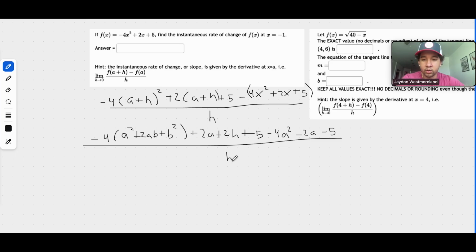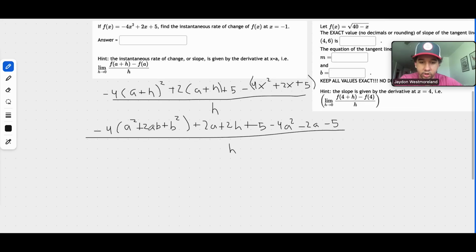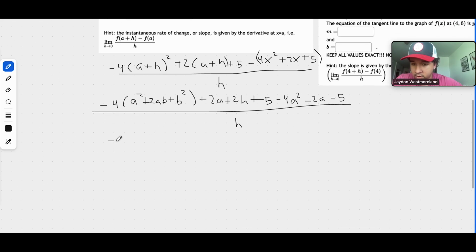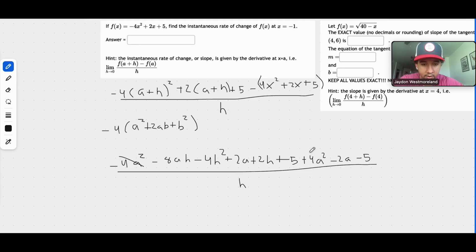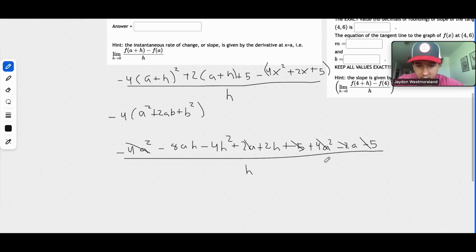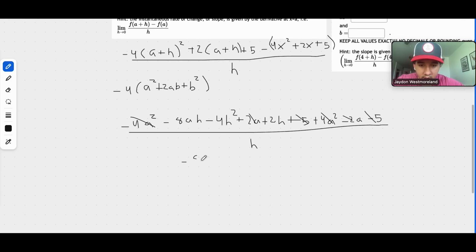Now, let me see here. What I'm going to do now is start combining like terms. So I'm going to distribute. Well, actually, let me distribute here first. So actually, these are going to cancel out right here. That's nice. Okay. What else is going to cancel out here? Okay, the 5 and the -5 look like they're going to cancel out. The 2a and the -2a are going to cancel out. Okay, so that just leaves us with -8ah minus 4h squared plus 2h